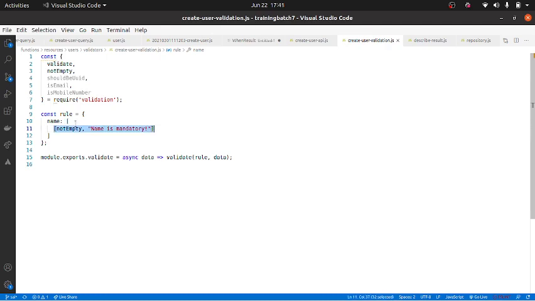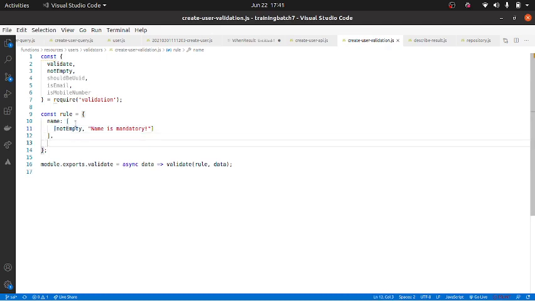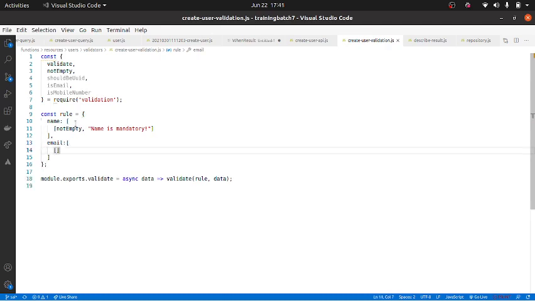Now why do we want an array of arrays? We will come to that. Now let's go to email. What should email validation contain? Again, it should not be empty, so if email is empty, the message is email is mandatory. Now we also need to check, I can fill in any random data in email and send it.